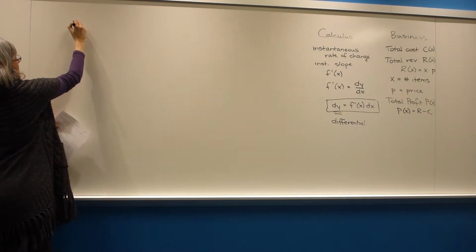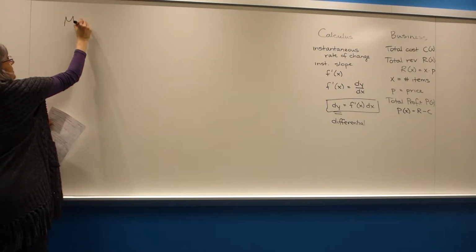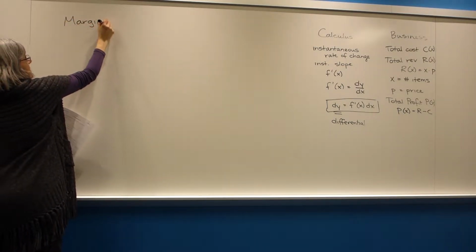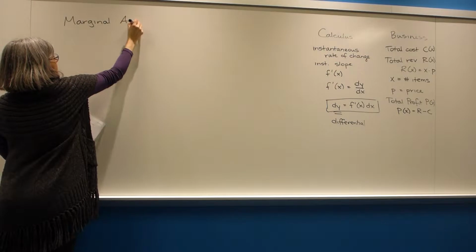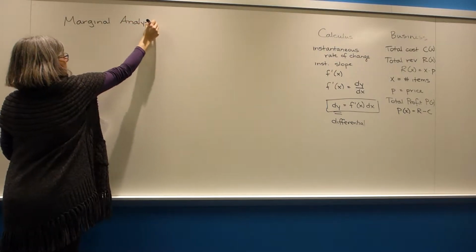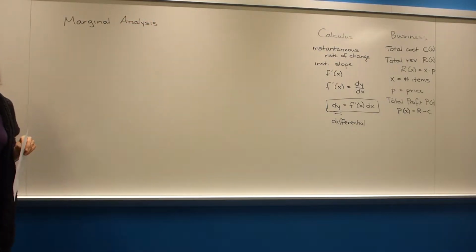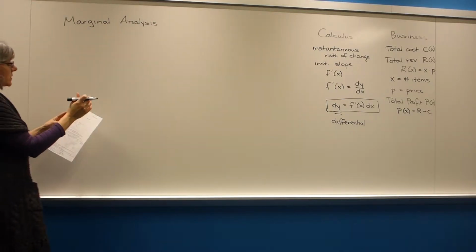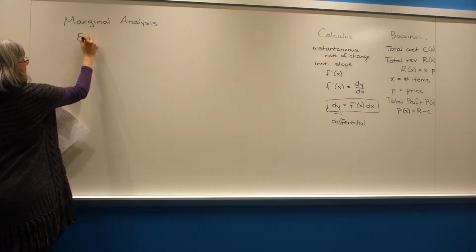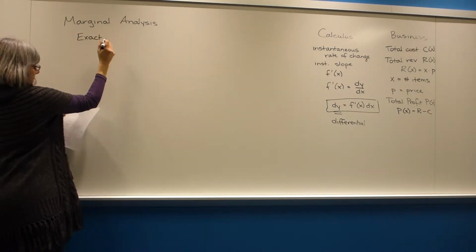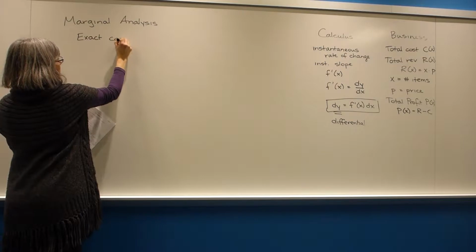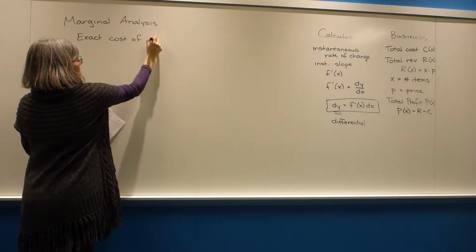So what we're starting to talk about here is marginal analysis. And here again, we're going to have marginal versus exact. Marginal is the calculus projection, and exact is algebra. So if I wanted to look at the exact cost of making one more item,